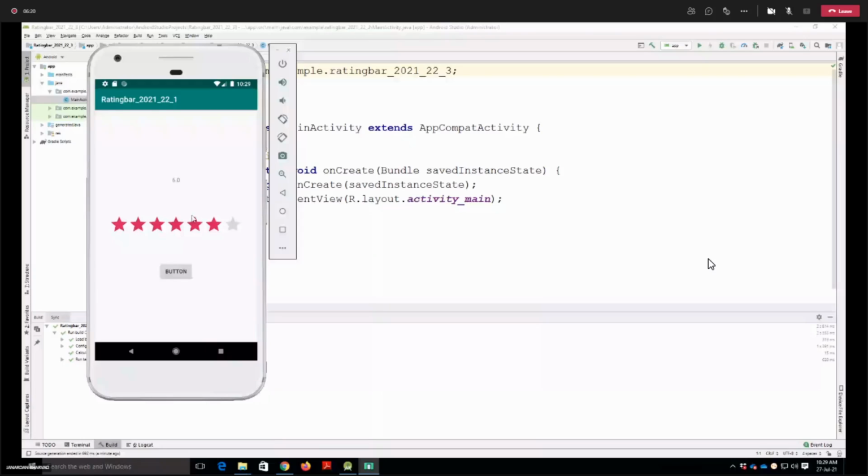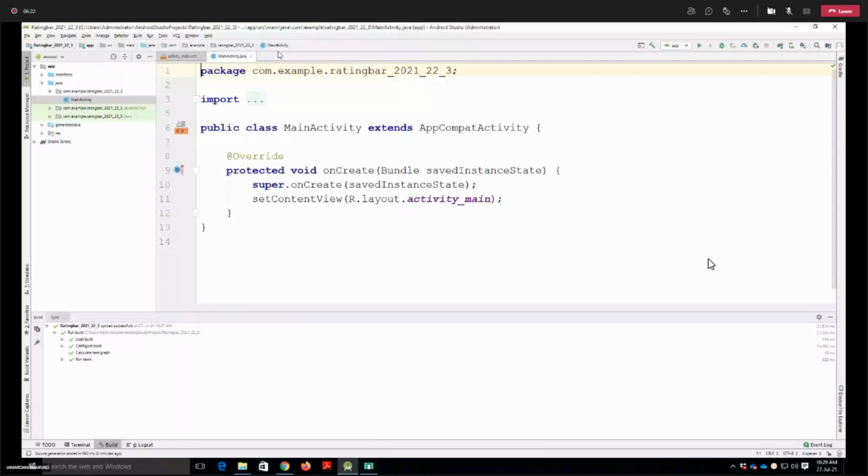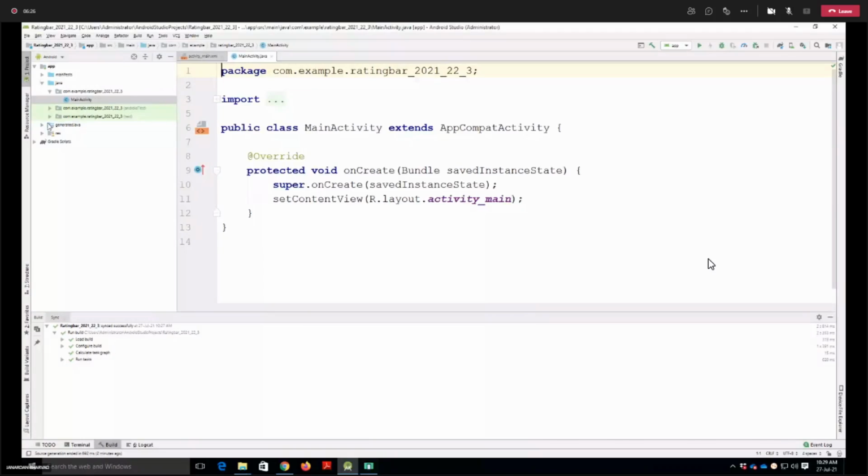Okay, so for this application, what do we have to do in the design part? For designing, as we know, in application, in resources, in layout, we need to go to activity underscore main.